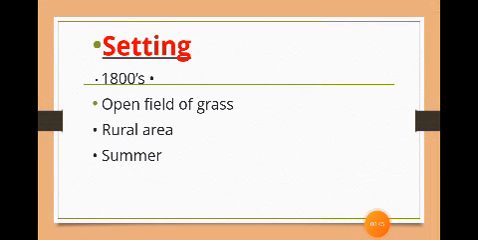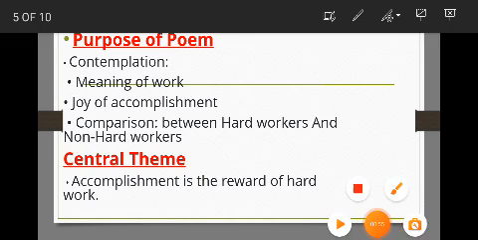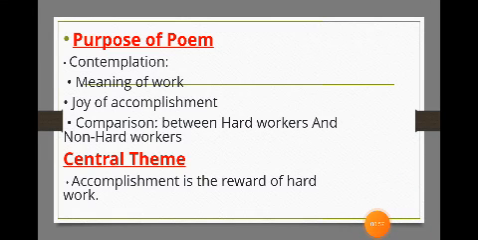If we talk about the setting, the poem was written in the 1880s in the rural areas, when during summer days the poet was sitting in an open field of grass. The poet wrote this poem to highlight the importance of contemplation, to tell us the meaning of work,